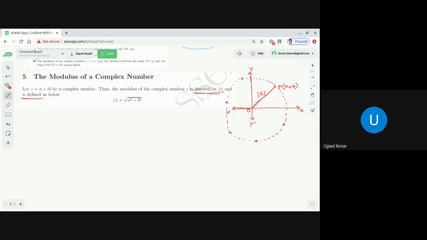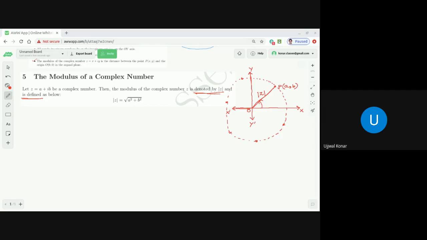Then the question is how we can represent it uniquely. To represent it uniquely, we discussed a little bit that we find how much angle it is making with the positive direction of the x-axis, that is the real axis. So how can we find this angle? This angle we give a new terminology, called the amplitude, dear students. So now we are going to learn the argument or amplitude of a complex number.